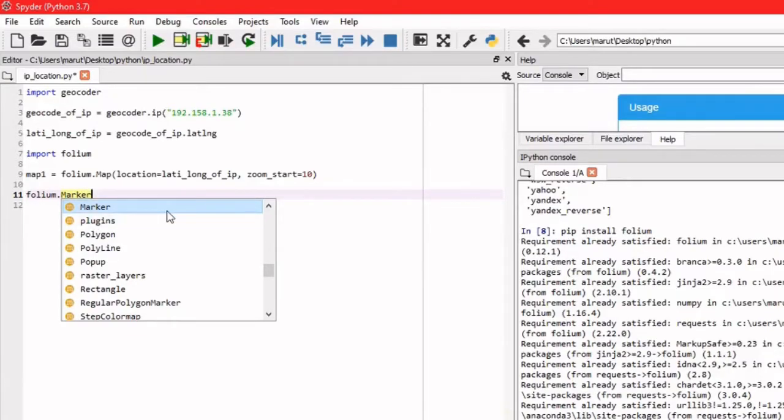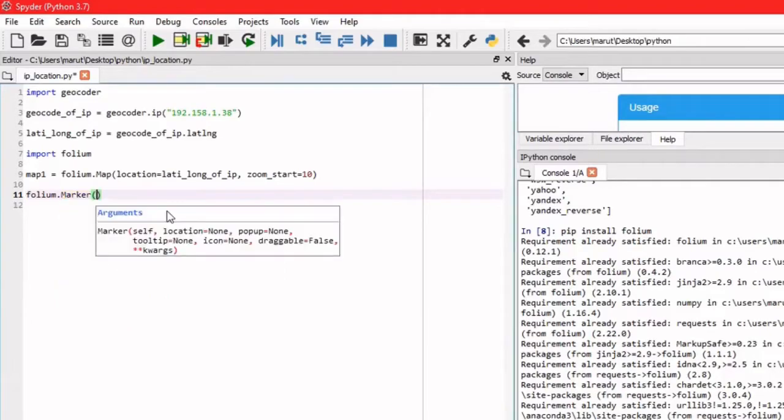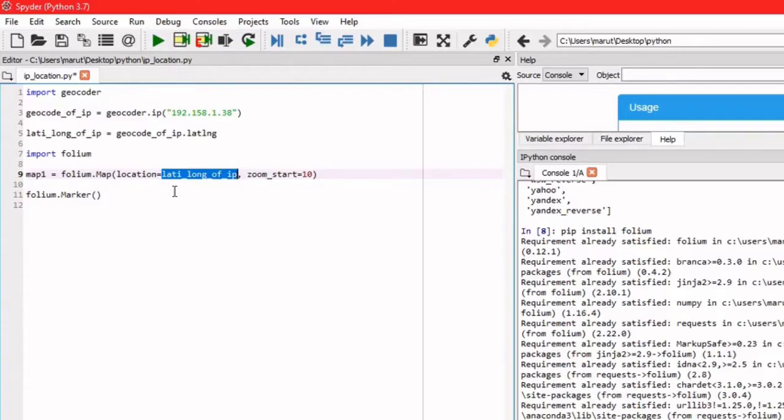Now we need to give where this marker needs to be shown. Obviously we need to show this marker at the given latitude and longitude. So the given latitude and longitude of the location would be, yeah, I can copy paste this same